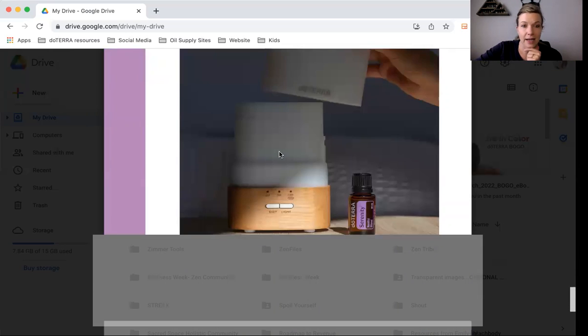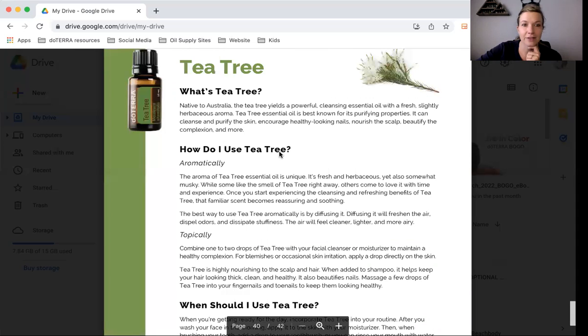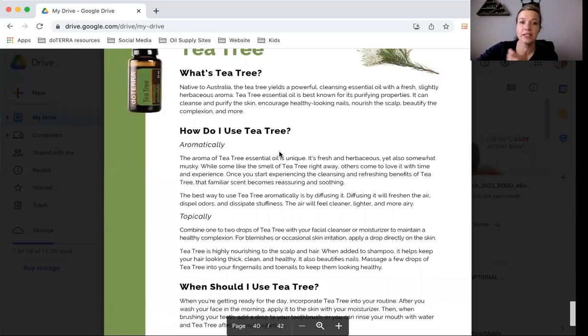So last up, but not least, we have tea tree. Tea tree is known as like a purifying, cleansing oil. It's great for hair, skin, and nails. My nails right now, I don't have any polish. I've kind of been letting them breathe for a while, but using tea tree, which I'll show you right here,